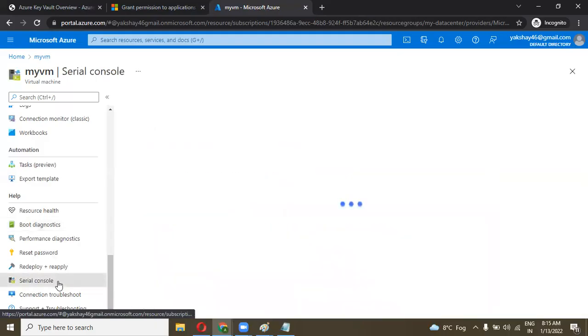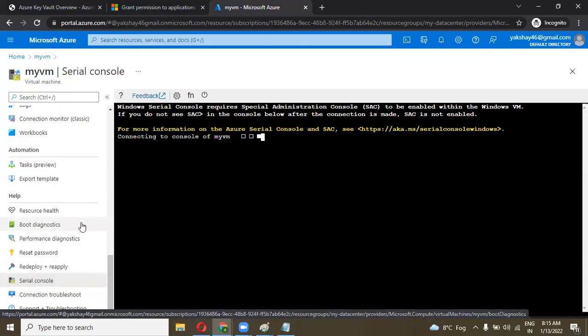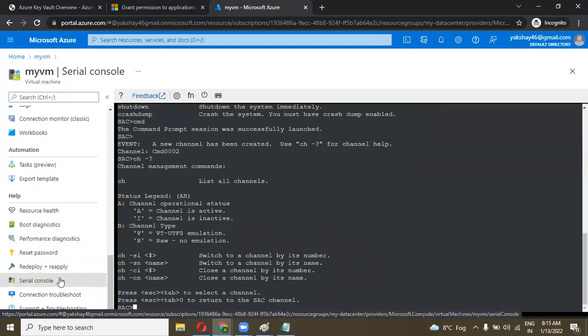For the serial logs, serial console, when you enable this serial console, it requires boot diagnostic. Boot diagnostic must be enabled if you want to read the serial console logs. Got it?